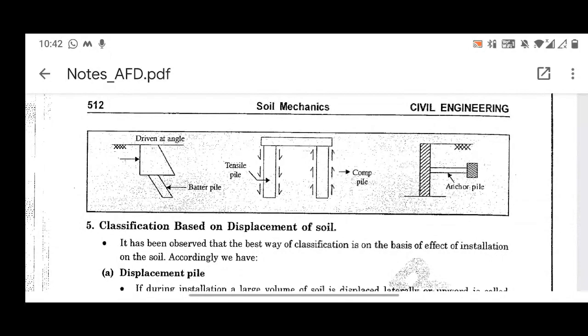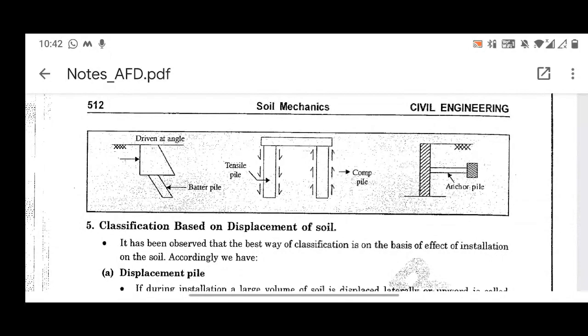Because there is a moment that is coming onto the left part. That's why this slab or the pile cap is moving upward or rotated in the upward direction. Thereby, the lower part of the pile that is resisting this pile cap is basically moving downward or resisting in the downward direction. Another part you can see, like an anchor pile, also you can see a diagrammatic figure for the anchor pile, where the bulkhead is located, and this bulkhead is attached with the sheet pile with the use of an anchor. Such piles are known as anchor piles.